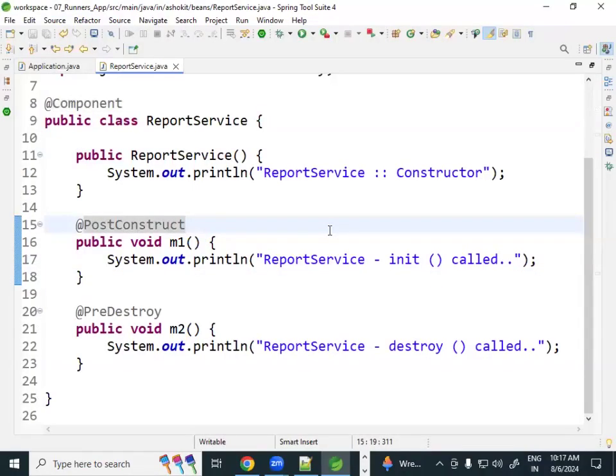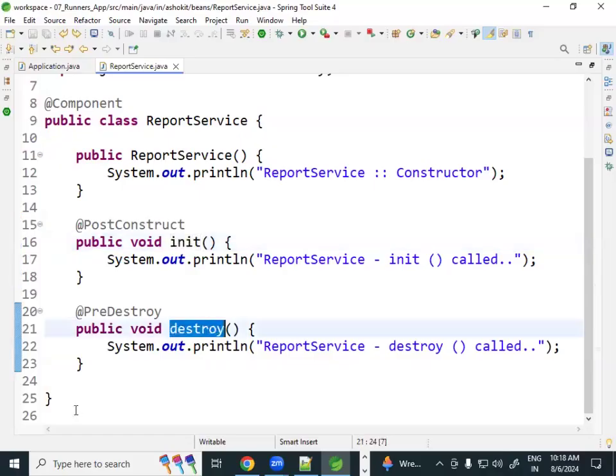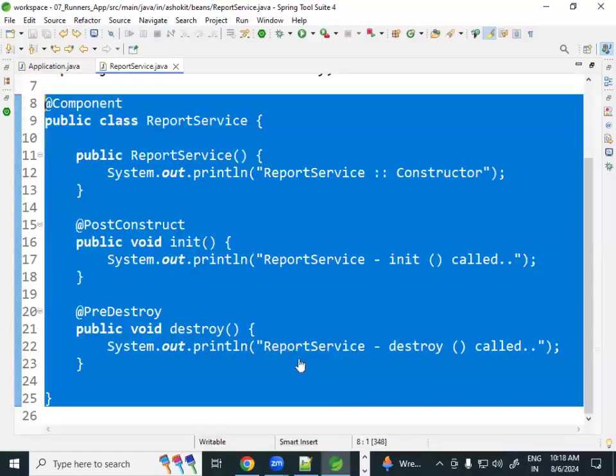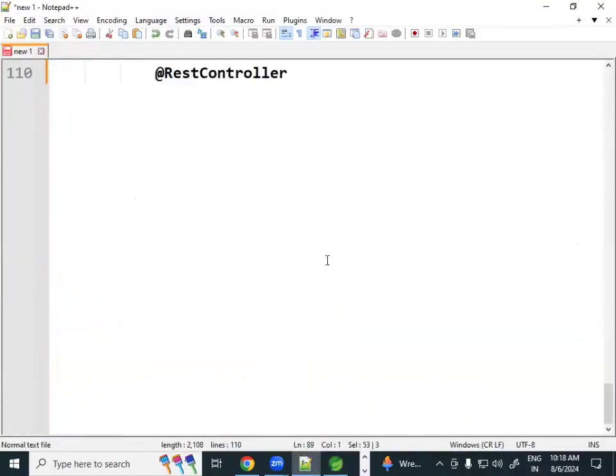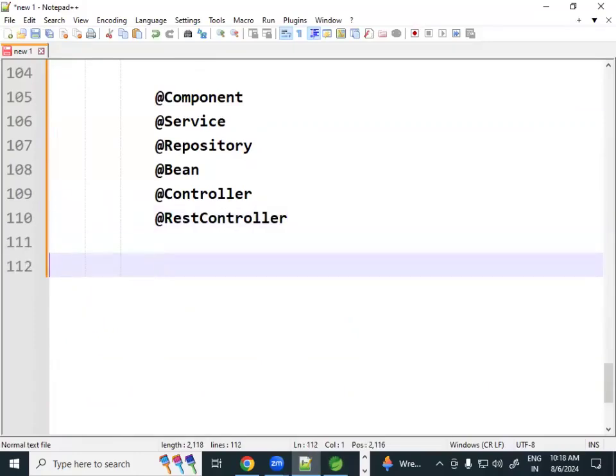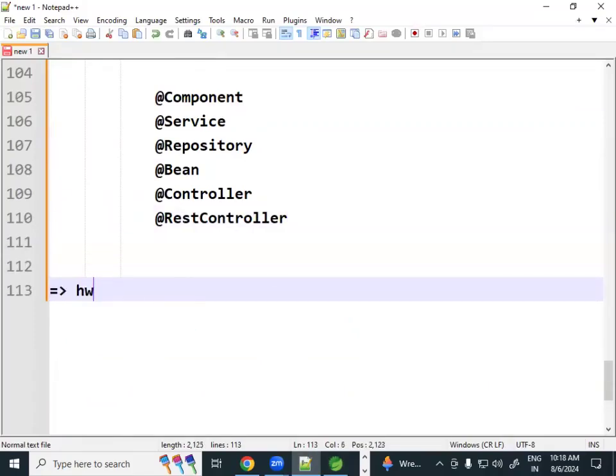I have 10 beans. For 10 beans, I want to manage the lifecycle methods. In 10 beans, you can write post construct and pre-destroy methods. For readability, I'm giving the names init and destroy. Bean lifecycle. Okay. Now, when IOC container